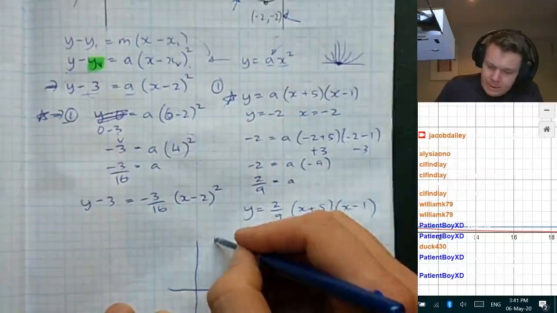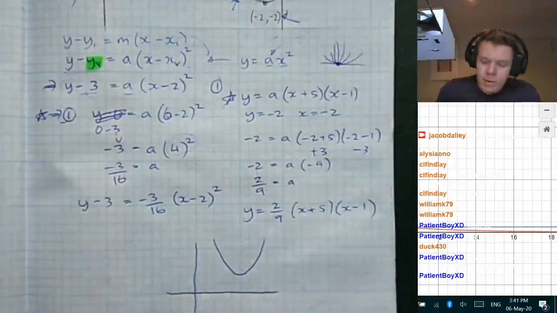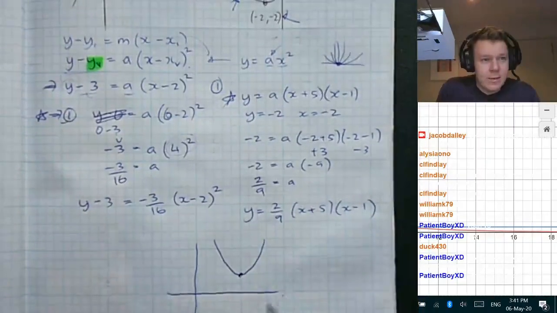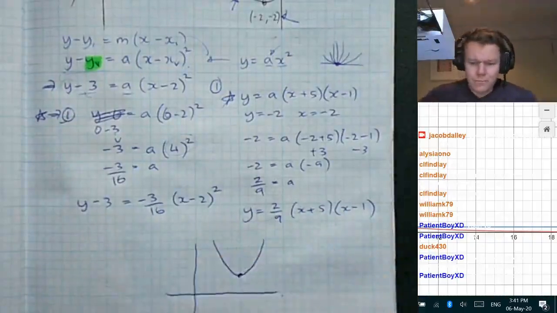So there's situations where you get a floating parabola. If it doesn't ever cross the x-axis, then you can't use the intercept method,